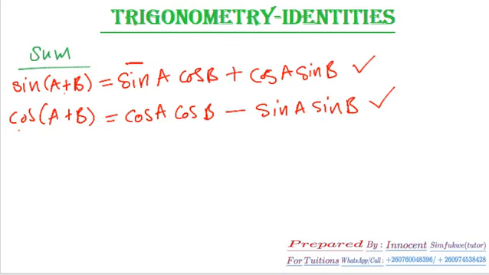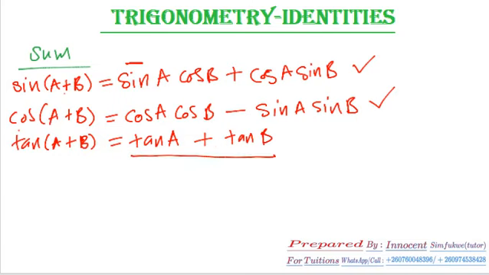Then let's do for tan. So tan, open bracket A plus B. Don't forget this is addition, this is for sum. So it's going to be tan A. Now here, same as sine: on the numerator, you maintain just like the way we are maintaining for sine. So it's going to be plus tan B over